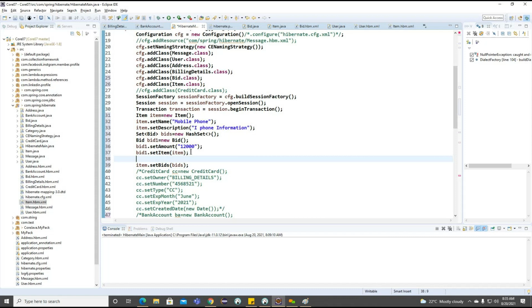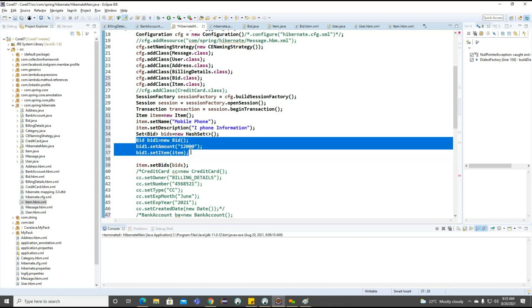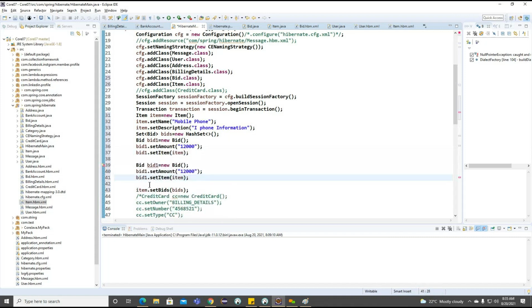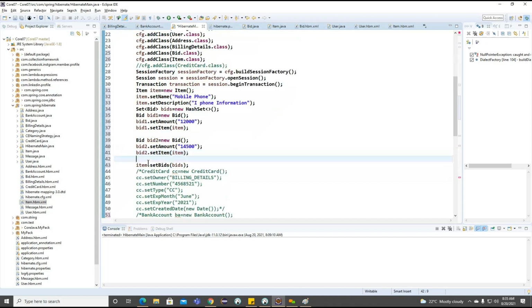one more bid here. So to create one more bid, now what we can do, I want to copy. So bid 2 here I want to create, and I want to provide 14,500. This is the bid 2, right?